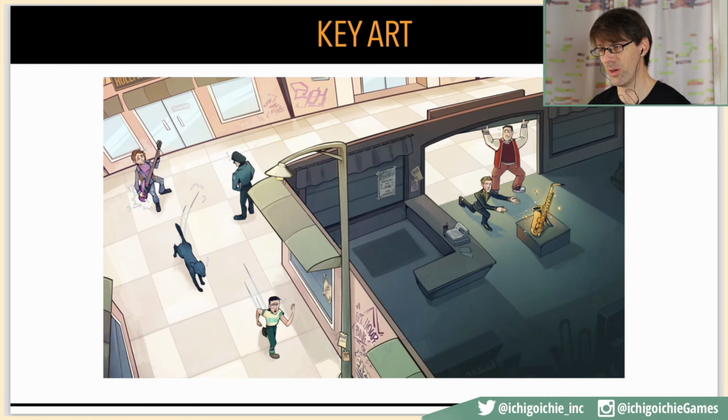You see Toshi is running away from a guard dog here who's being chased by security, while Watts is trying to distract a security guard at this shopping mall, while Josh is holding open a door for a short period of time so that Chaz can sneak in and get this magical sax. It's not exactly what happens in the game, but this is the kind of thing that embodies some of the objectives and the characters that we ended up having in the title. So this kind of fills the side of an arcade cabinet, showing how all the characters would be together in one panel.